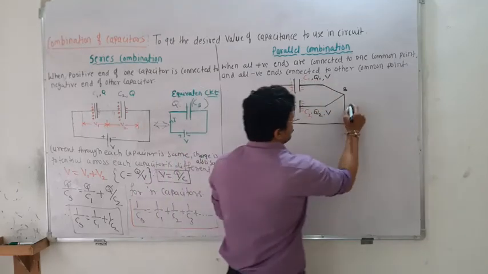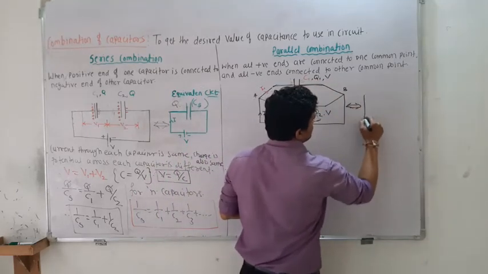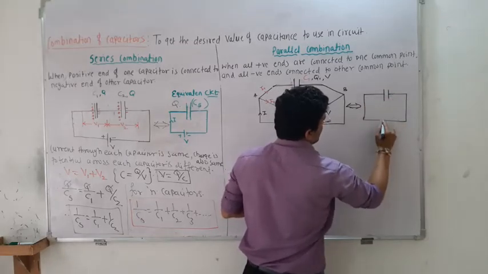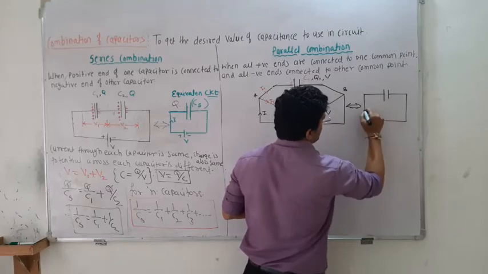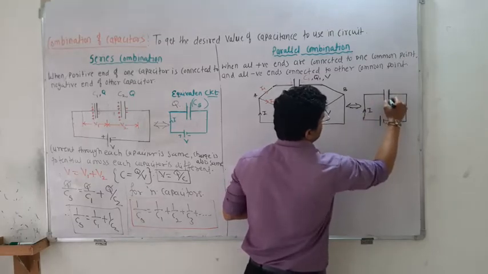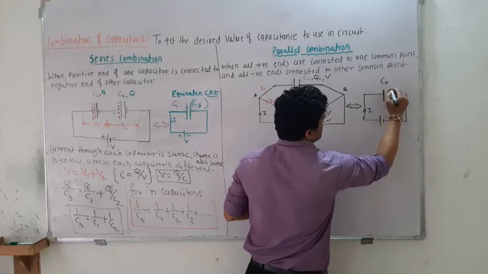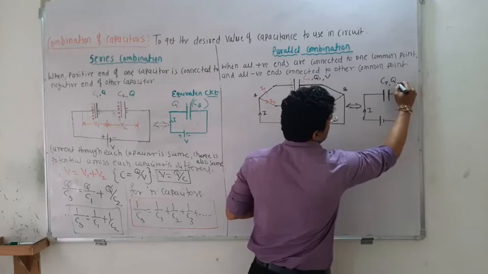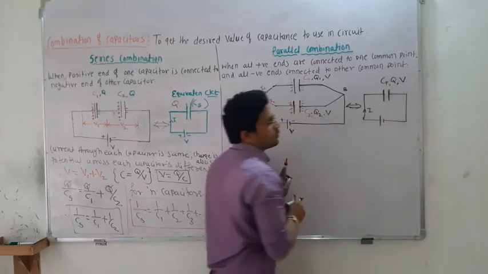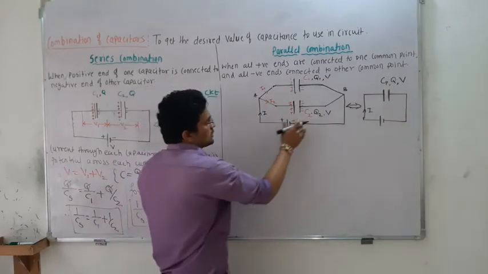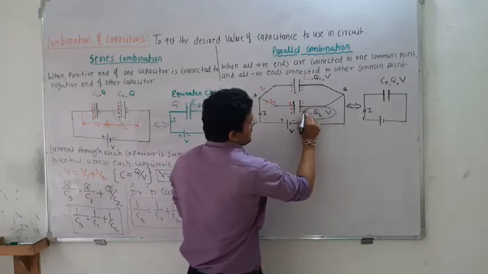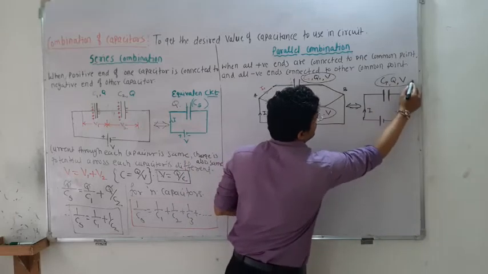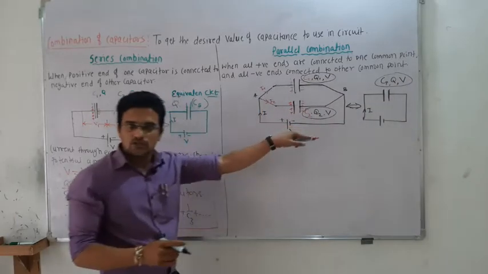Now you have to draw the equivalent circuit. I will combine these two capacitors to form only one capacitor, so positive and then negative. Current I will be there, and this is connected in parallel, so I will mention this as P, and then total charge is Q, and potential is V. These are all the values across this capacitor, and these are all the values across the equivalent circuit. So that is known as the equivalent circuit.